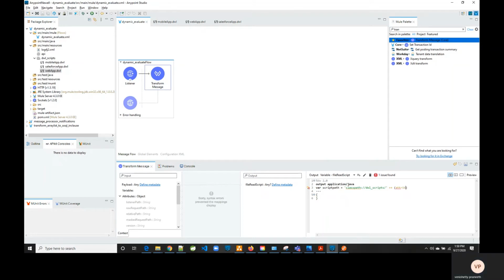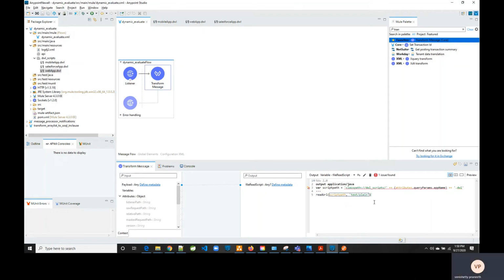So we would use query params dot app name, plus dot dwl. Now, using the readUrl function, we'll load the script into this variable with text/plain.